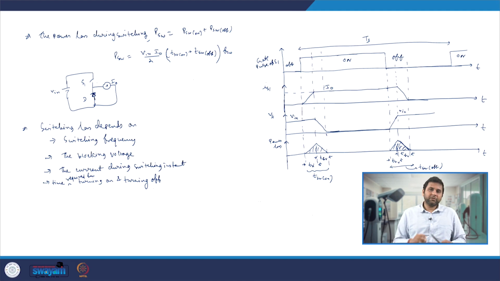So in this lecture we have understood the factors on which the switching losses in the switches depend, and the same thing we can apply. Let's say if your system has 6 switches or 4 switches, you have to calculate the switching loss across each switch, and in the same manner as we have derived, we will get the same formula, and we can use it to calculate the overall switching losses in a power converter. We will discuss more about what understanding we got from this, and how we can apply it to soft switching scenarios, in the next class.